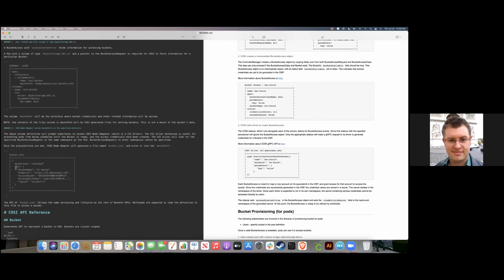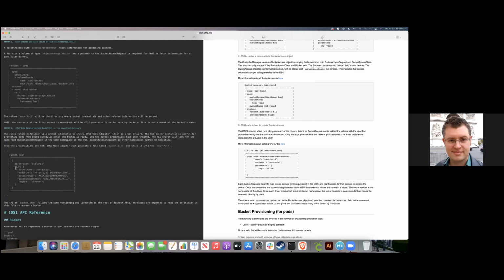Because the flow of information is the SP produces an access when you call grant access. We have to store that in our bucket access object. And then when a pod gets bound to a bucket access, we have to read the information back out of the bucket access object and generate this JSON file. So the flow of the information goes from the SP to the bucket access object to the bucket to the JSON file.